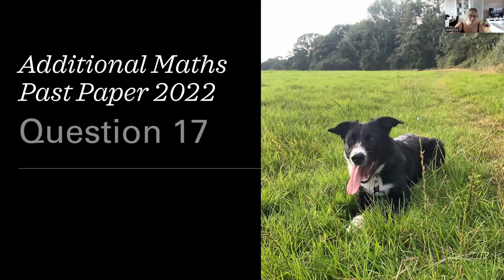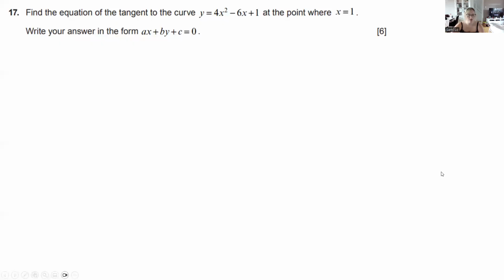This is the additional maths paper 2022 and it's question 17. On this question, we're going to find the equation of the tangent. We're given the curve at this point and we're finding it when x equals 1. So you can imagine the curve looks like so. If this, say, was 1, there's a tangent touching, there we go, really badly, touching straight across and going off